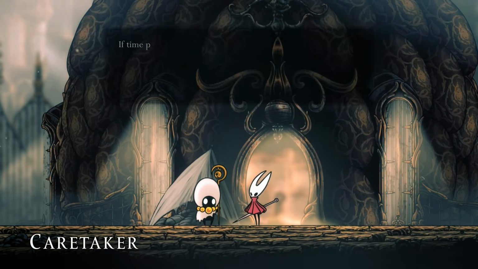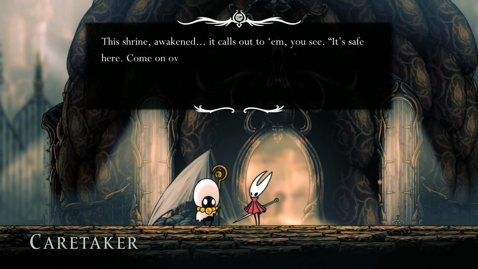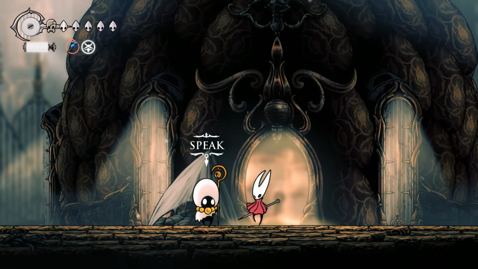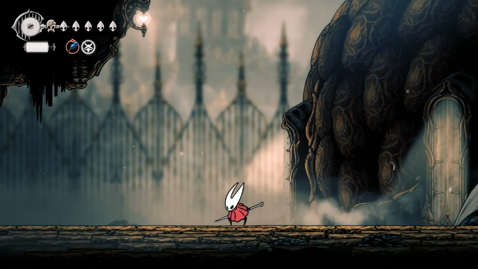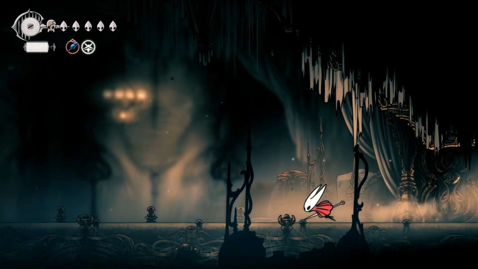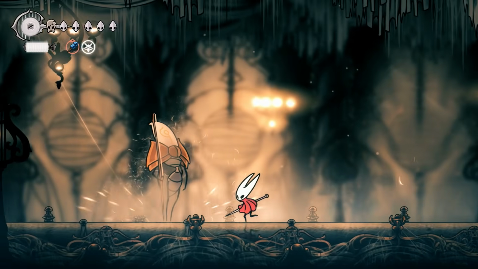Anyways, this is the caretaker. He is kind of like the leader over here. And just talk to him, exhaust his dialogue. And then what I'm going to say is it's probably quicker to just die over here and reset the world. So